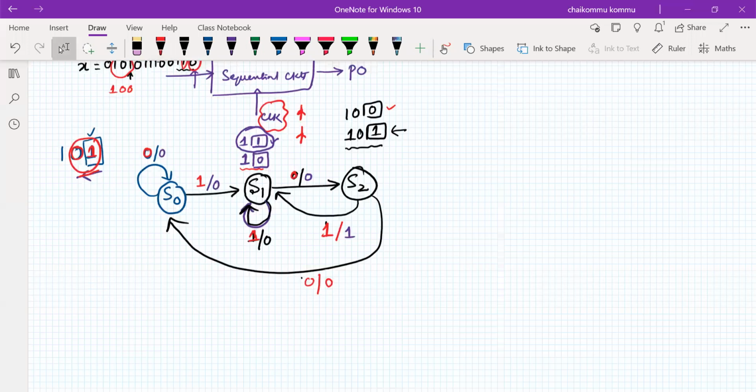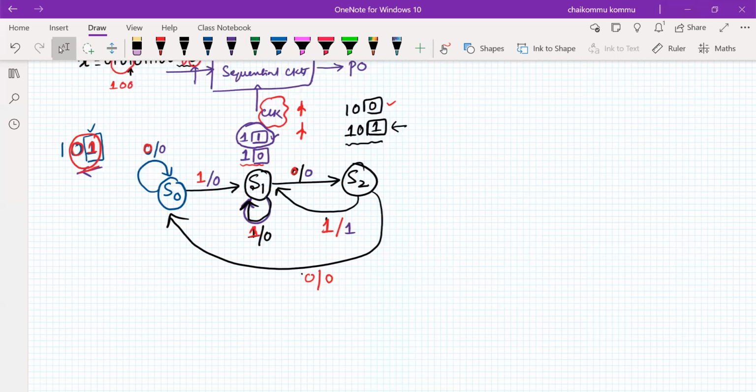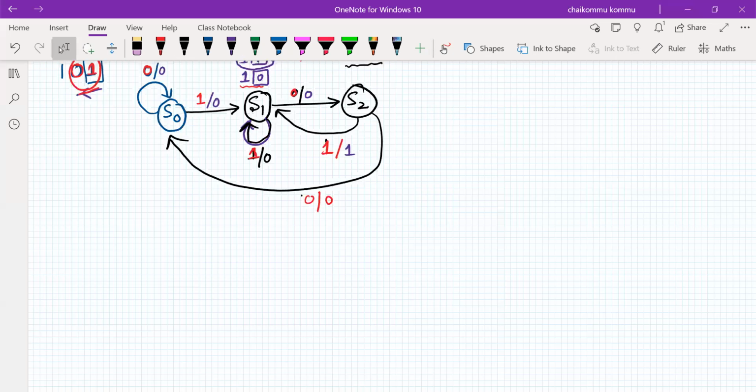By looking at this state diagram, we can understand what the sequence is all about. If you know state diagrams well, it is the best possible way to understand the circuit diagram, that is, the operation of the digital system. If you don't have any idea about state diagrams properly, then you feel that this is a very difficult task to understand the operation of the digital system. But anyway, for complex circuits, this is what generally happens.